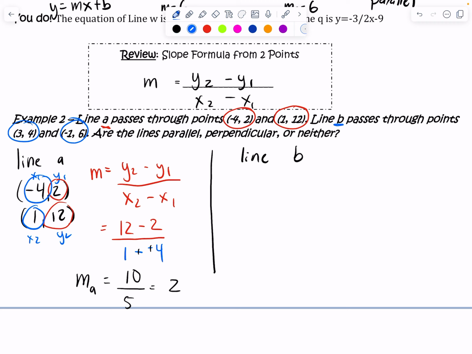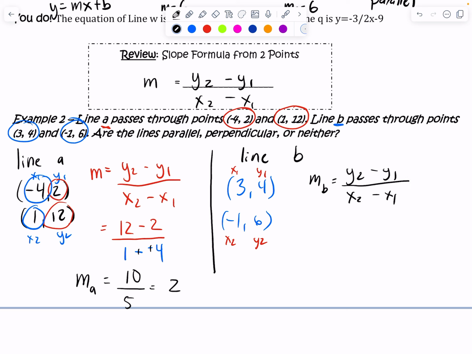I'll start you off with line B. Line B, let's write down the points. 3, 4, -1, 6. Let's label. I'll label for you. I got you. Let's write down the formula just to help us remember. MB is equal to y2 minus y1 over x2 minus x1. MB is going to be equal to minus sign. MB is equal to,